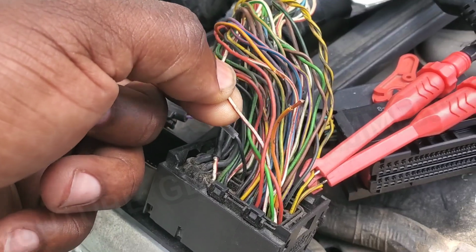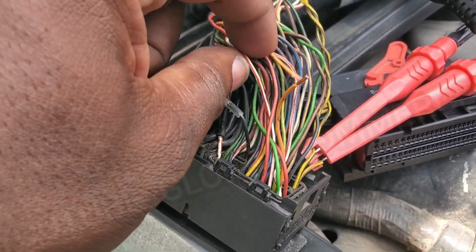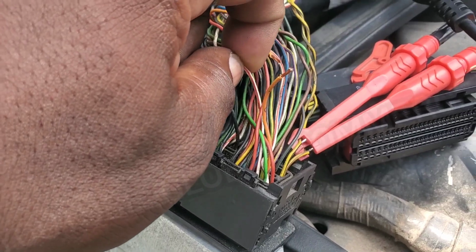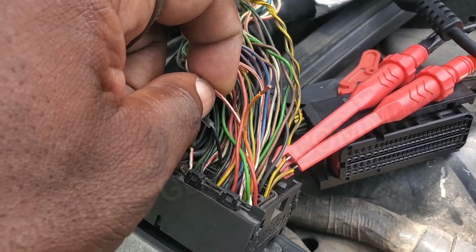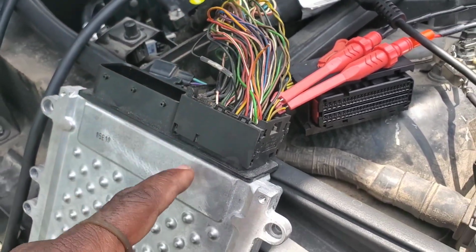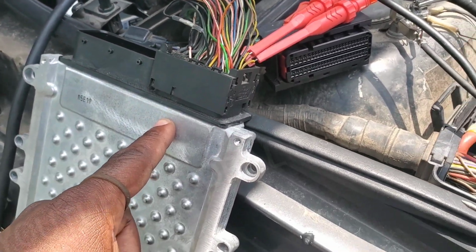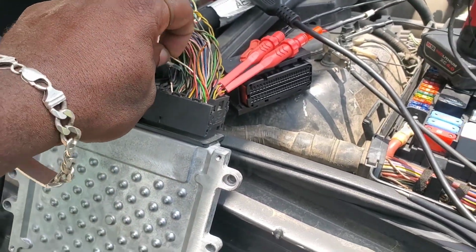This is the ignition cable right here. It's way on this side. So he cut that cable, probably thinking it was this cable. And right now, by the way, there's a fault with this circuit, because this ignition cable is not getting power to power on the ECM. We manually injected power so I could actually communicate with this ECM. So now I'm going to check this circuit and see where this goes to and where our fault could be